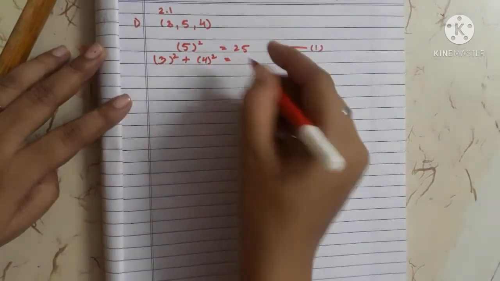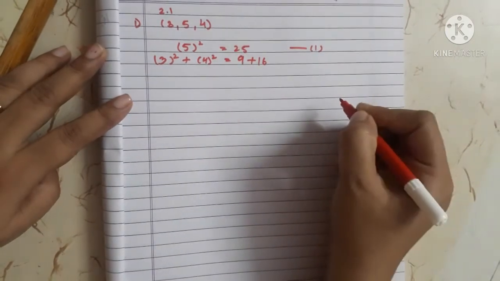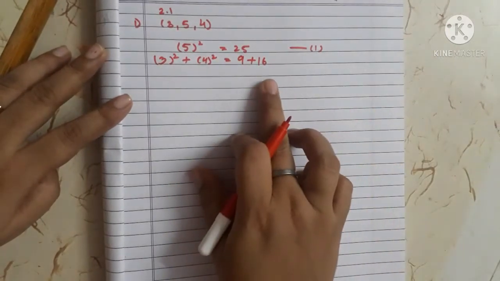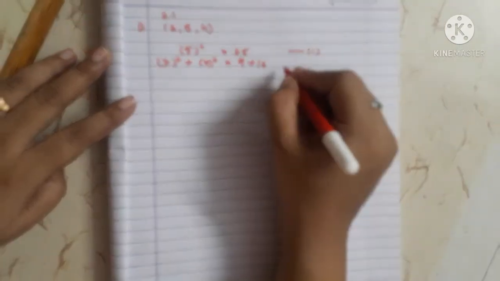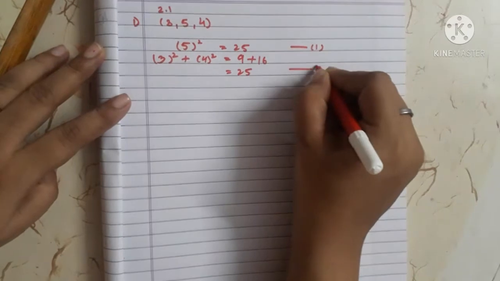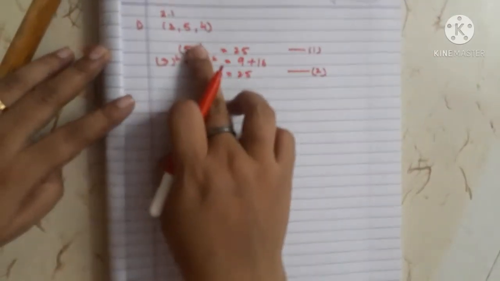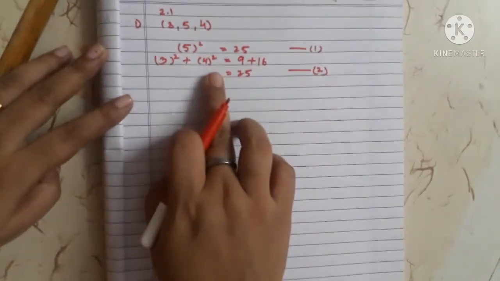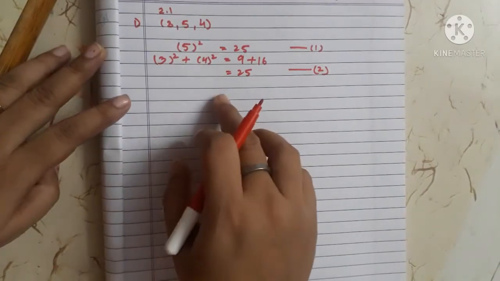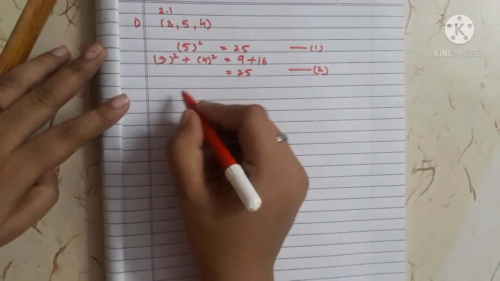So 3 square plus 4 square. What is 3 square? 9. What is 4 square? 16. Now 16 plus 9 is 25. Yes, children. So from 1 and 2, I can see that the largest number square is equal to the sum of the remaining two number square. Yes. So therefore I can say the square of the largest number